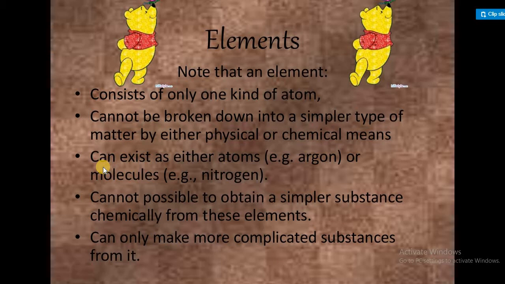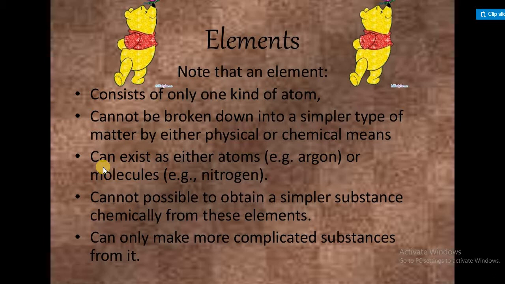radon, they exist as monatomic because they don't have a tendency to combine with other atoms of their own type or a different type. So they are monatomic. They exist as atoms only. But oxygen, chlorine, nitrogen, hydrogen cannot exist in the atomic form, as they are very reactive. So they combine with the other atom of the same type, like a hydrogen atom will combine with another hydrogen atom to form a